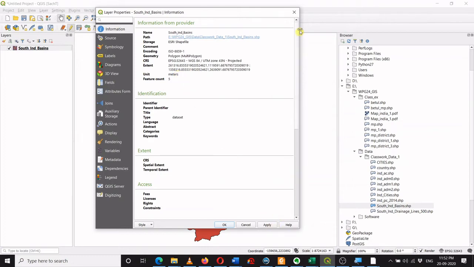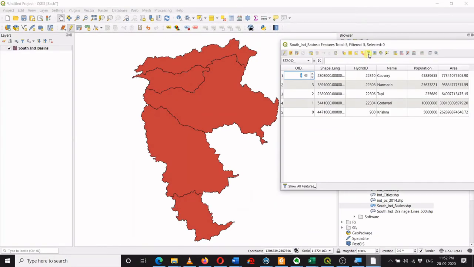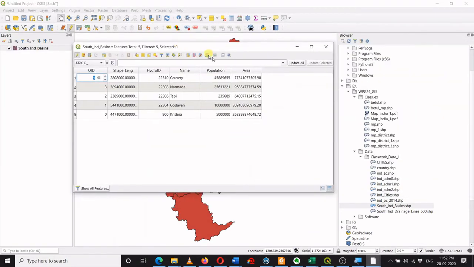Okay, so I will just close this down and go back to the attribute table. Whatever area you have seen over here, this area is in square meter because the unit is meter.